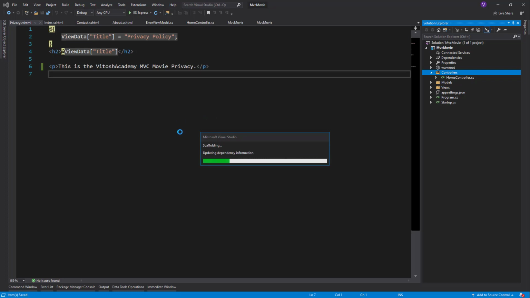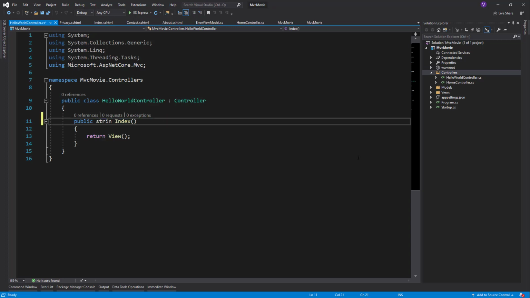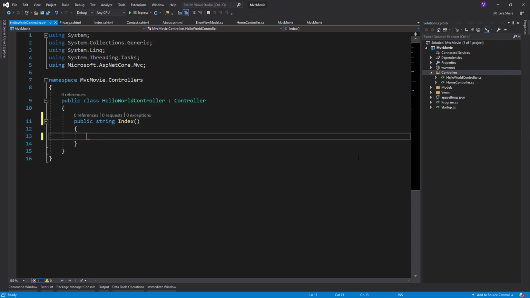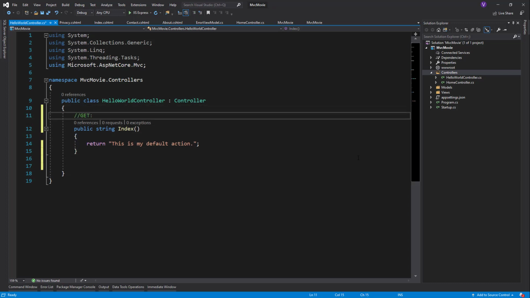Scaffolding takes some time, depending on the speed of your computer. It could be faster, I guess, but I'm only guessing. Yep, this is how it looks like. So pretty much whenever we ask the hello world controller, the default index would show up. We are going to change it a bit. It's not going to be IActionResult, it's going to be string, and it is going simply to return info that this is my default action, and it would be accessible through the get